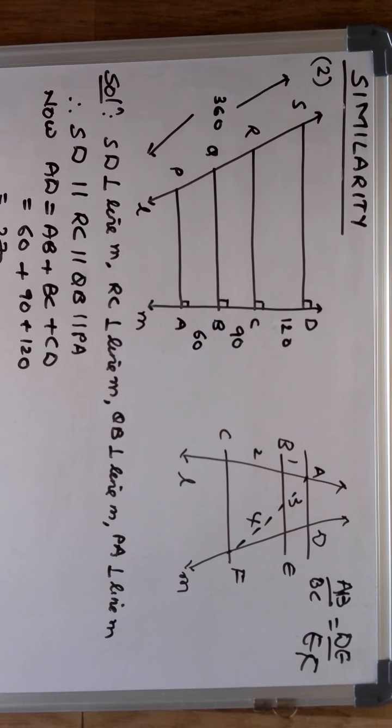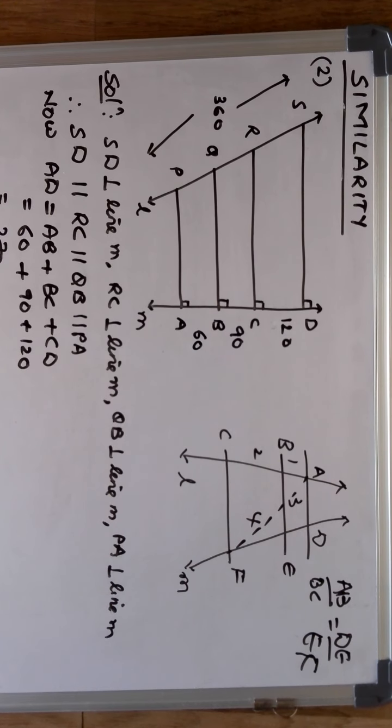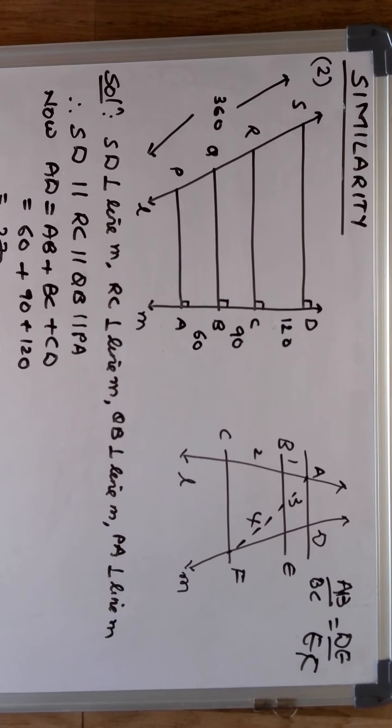Now, the condition is what? I need to have three parallel lines. Here we have four parallel lines. Right? So obviously, if I take first these three parallel lines, I will plan it out. If I take these three parallel lines, then 120 is to 90 is SR is to RQ. No use, because I don't have SR, and I don't have RQ either. The matter ends there. Right?